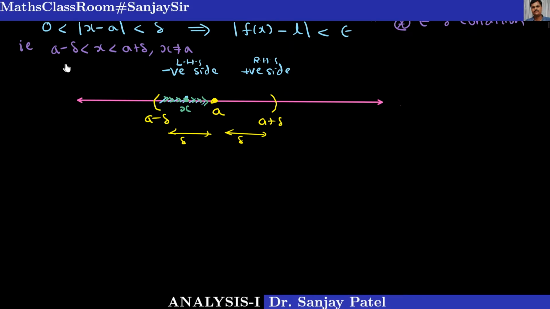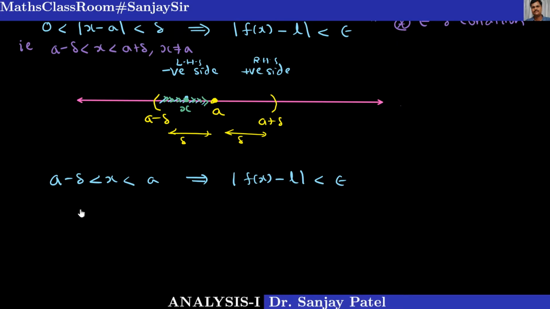So that situation will denote whenever we choose any x only here, say if I choose a minus delta less than x less than a, any x between a minus delta and a, and still if I get this mod of f(x) minus L less than epsilon, okay, see other things as it is. So given any epsilon or any value of closeness, it's a positive number epsilon, if we can find some delta so that for every x between a minus delta and a, mod of f(x) minus L is less than epsilon,